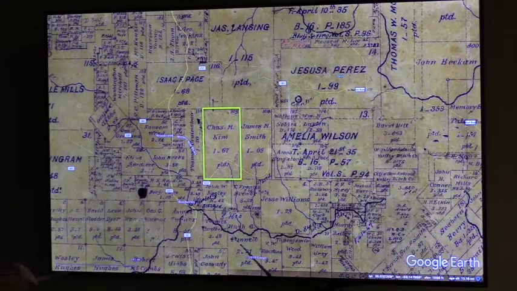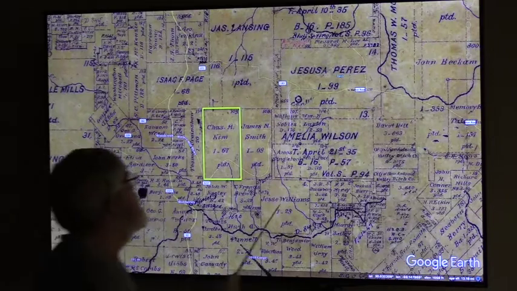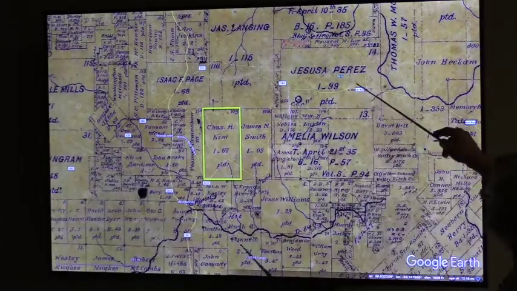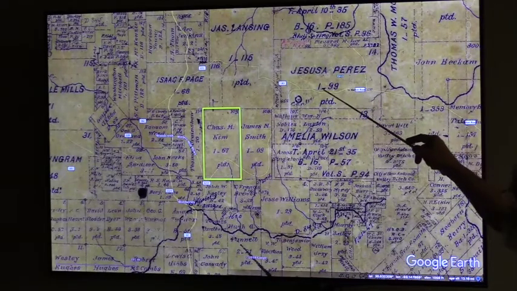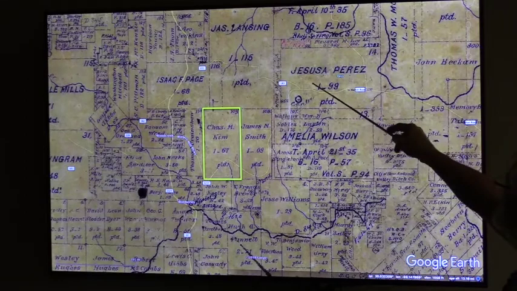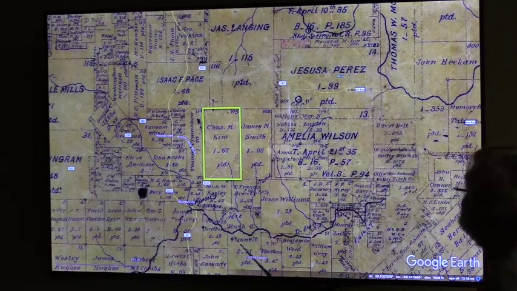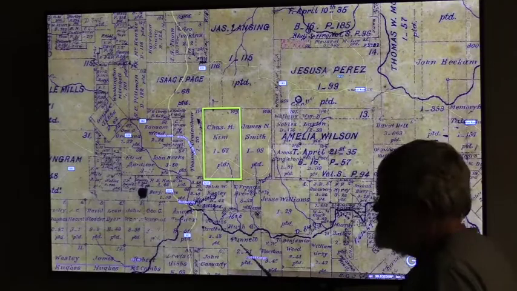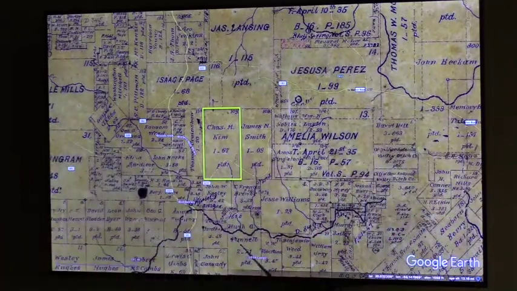But you can see pretty much that it's the same kind of land. Oh, this is one of the disputed pieces of property. Jesus Perez and Amelia Wilson. Anyway,